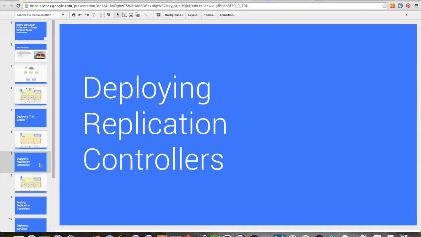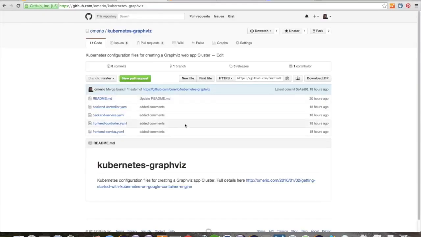Next step is to deploy our application controllers. The cluster configuration files are in GitHub. They're basically 4 files: backend controller, backend service, front-end controller, and front-end service. We will start off by deploying both the backend controller and the front-end controller. But first of all, we need to check out this project into our Google Cloud Shell. So if we head back to the Cloud Shell,